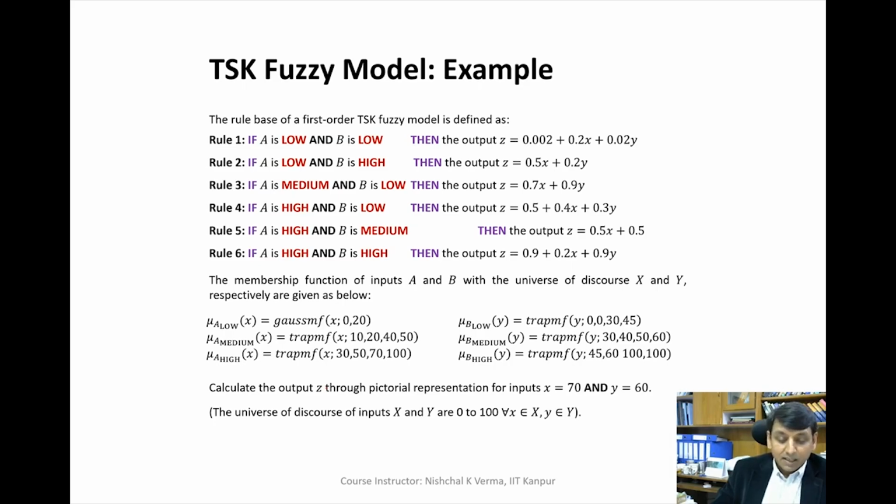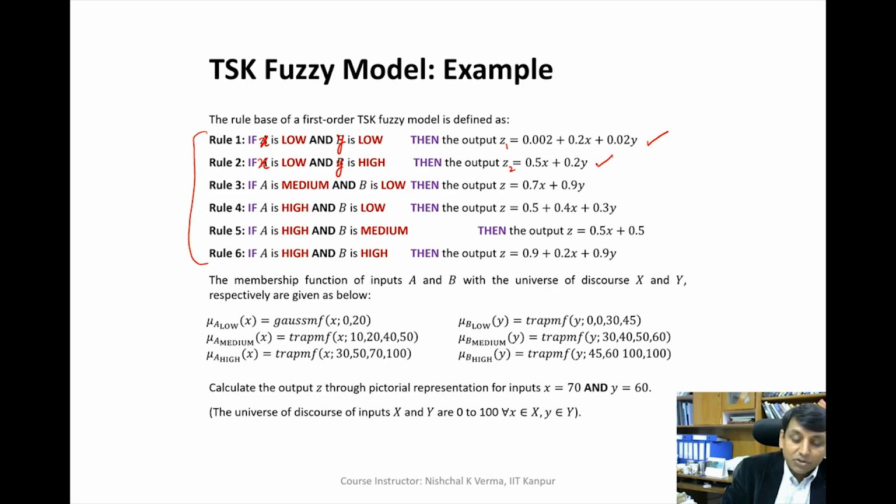So let us take another TSK fuzzy model which is having 6 rules here. Any fuzzy model which is characterized by 6 fuzzy rules. We have the first rule as x is low, y is low, then the output is, let's say, Z1, and then the second rule here is x is low, y is high, then the Z2 is